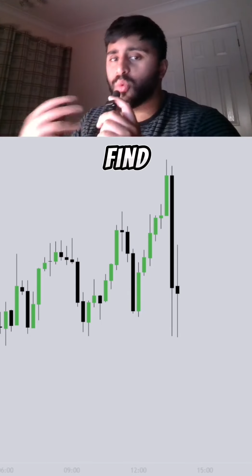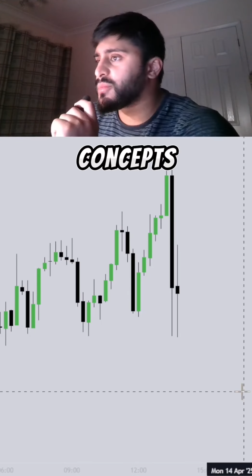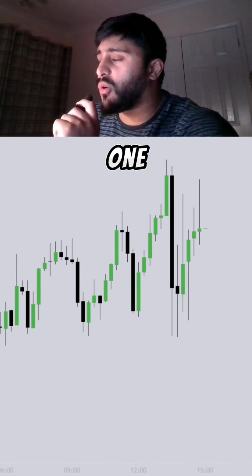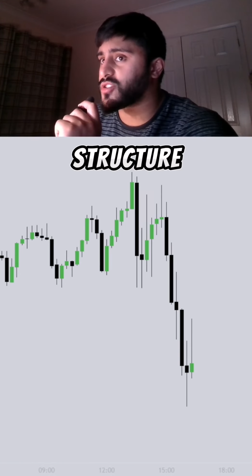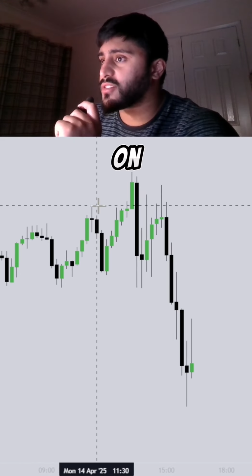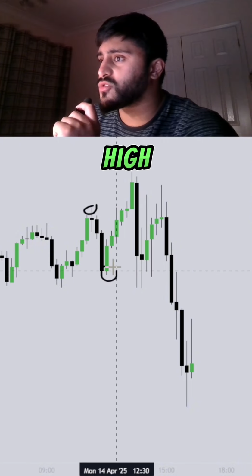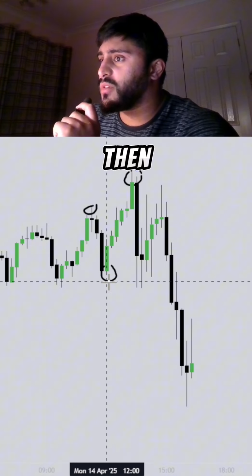What is the best way to find order blocks using basic ICT concepts? So an order block has to do three of three things, right? The first thing to understand is we must have a break in the market structure. So how am I looking at market structure here on ES, right? Very, very basically, I'm looking for structural high, structural low, structural high, and then we've had a break just